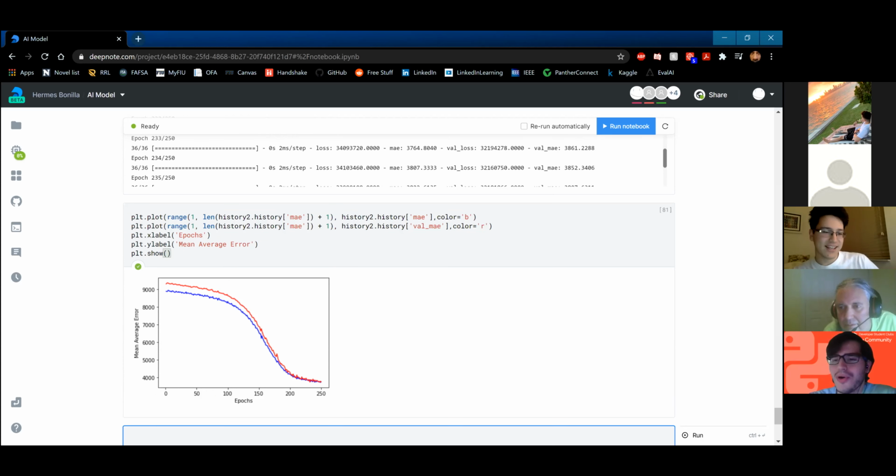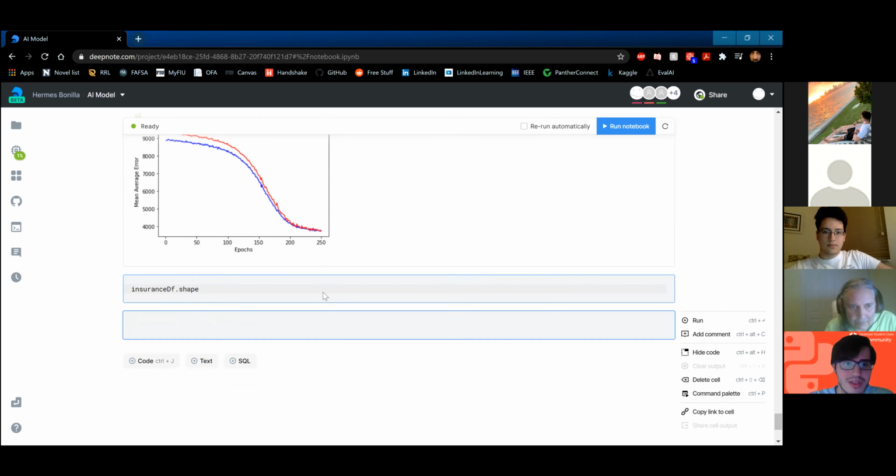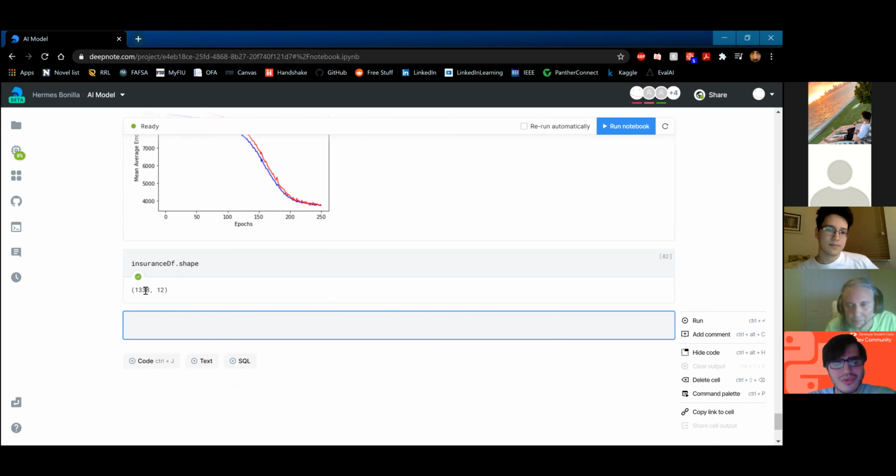Oh, yeah. Well, actually, there's two reasons why it was so quick. The first reason is our data set, which is insurance_df. It's actually really small. Only 1,338 rows. That's really small. And also, linear regression and regression models are usually the fastest to train because they have the least amount of things to worry about. But once we go into computer vision and natural language processing, you probably won't catch us training those models in the moment because those take